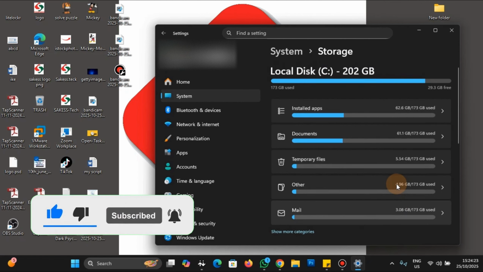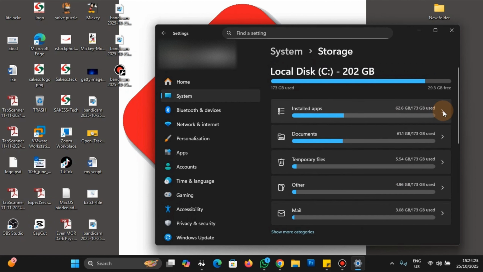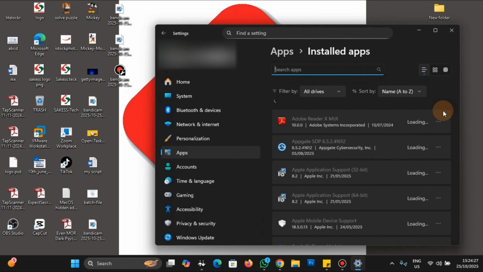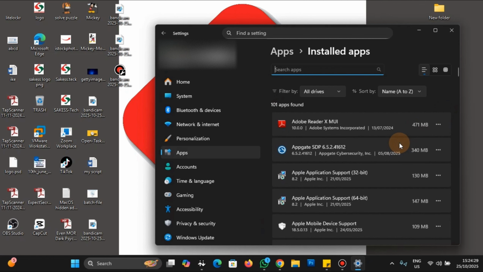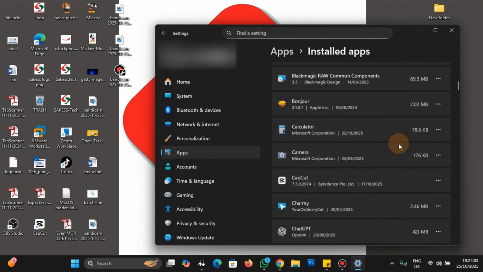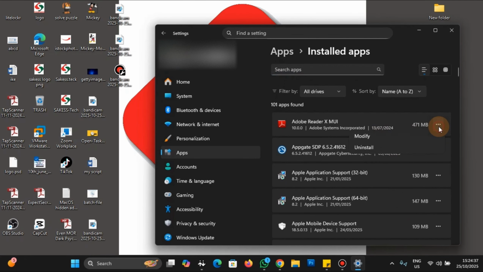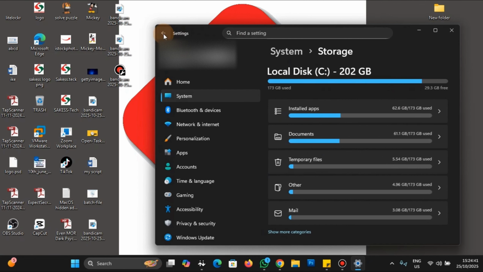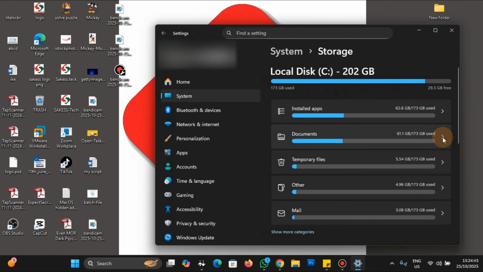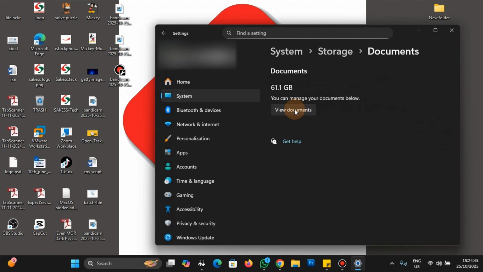Okay, so to look for the files, we are going to click on this arrow. So this will take you to the installed apps. Okay, so it's going to list all the installed apps for you. So what you want to delete, you can click on these 3 dots and then you uninstall. Okay, so when we go back and then we click on the documents,